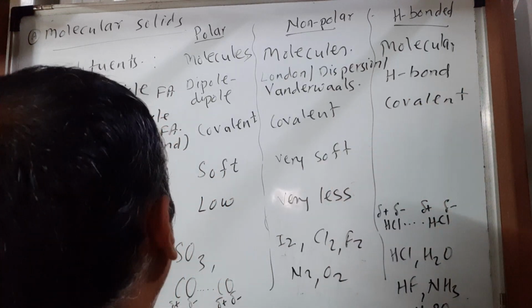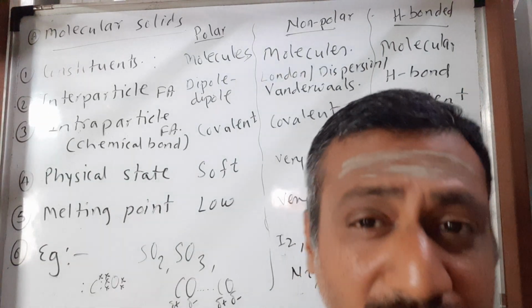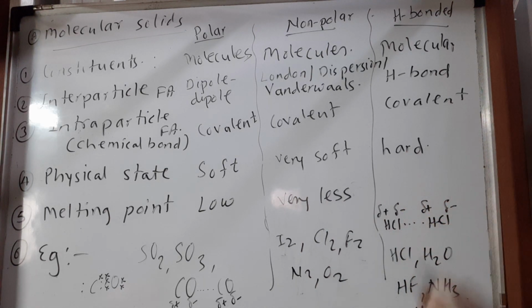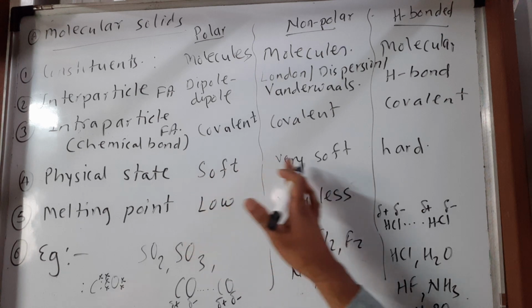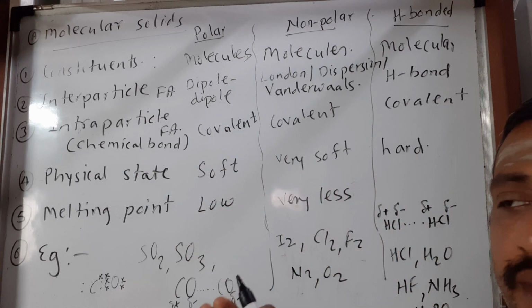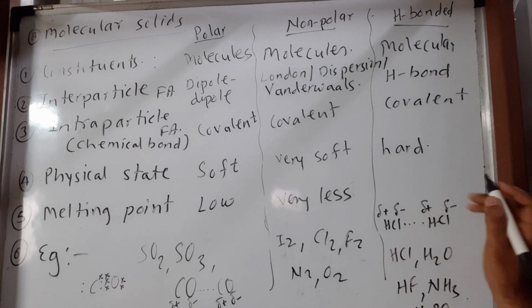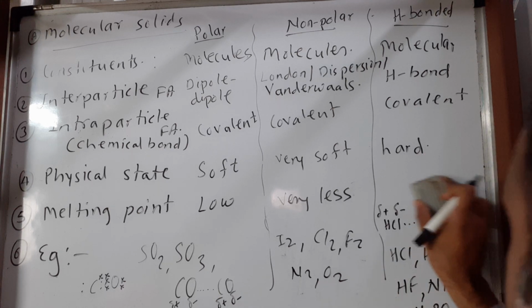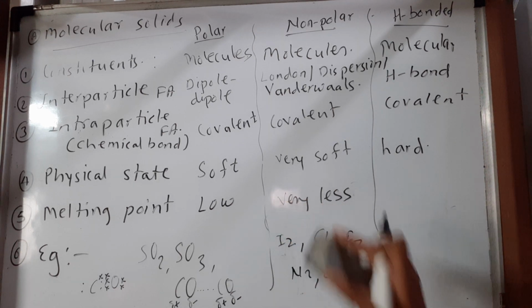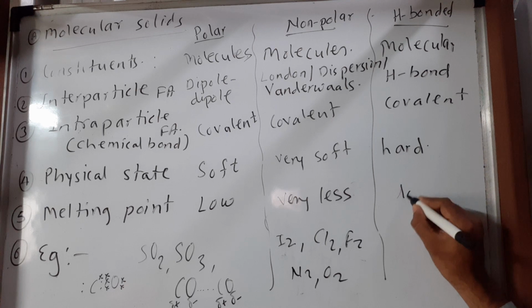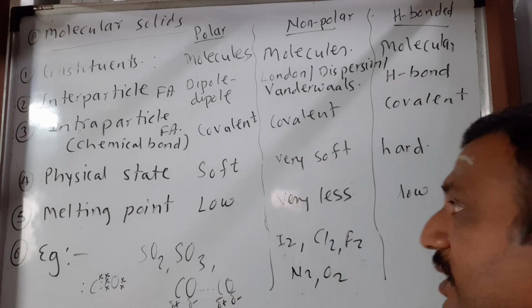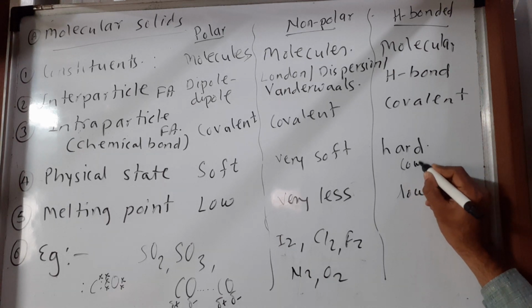And what about the physical state? Comparatively, they are hard in nature. They are comparatively hard as compared to the polar and non-polar molecular solids. They are the hard one, ice. And besides that, they are hard in nature, and they have a very low melting point. In this case it is also low. I am not going to say they have a high melting point. No, they have a low melting point. But here comparatively,